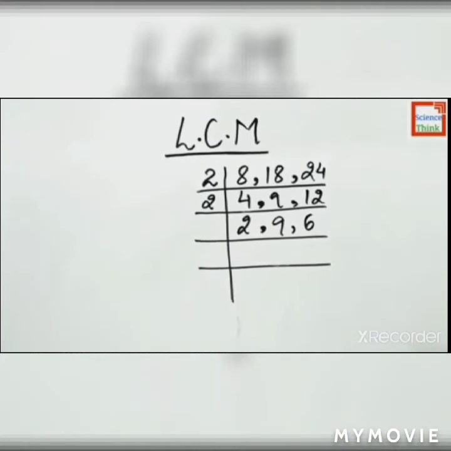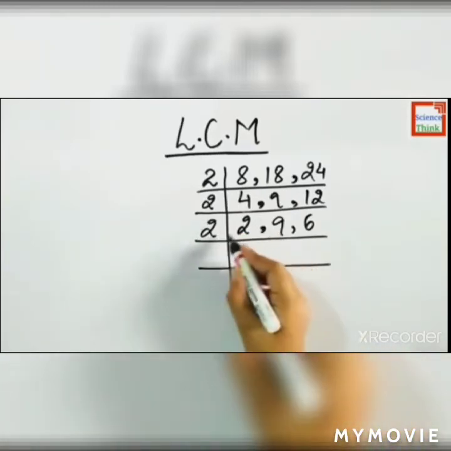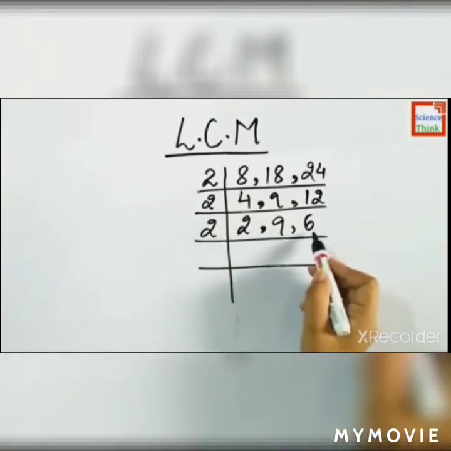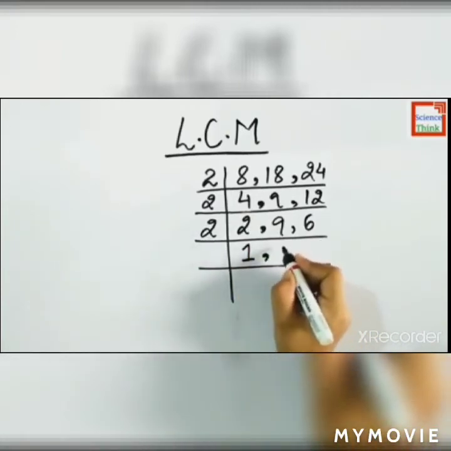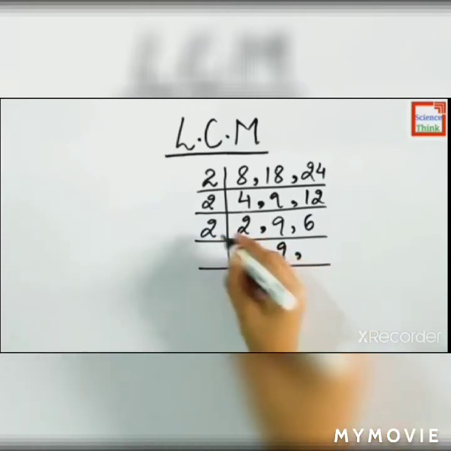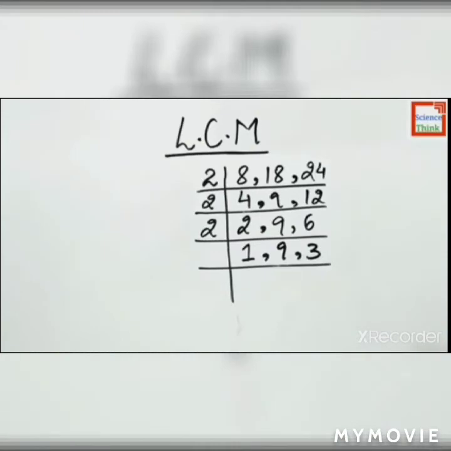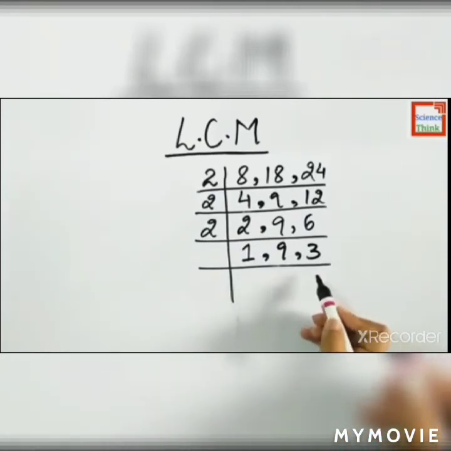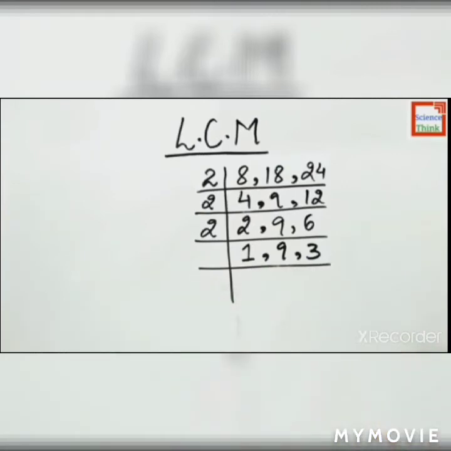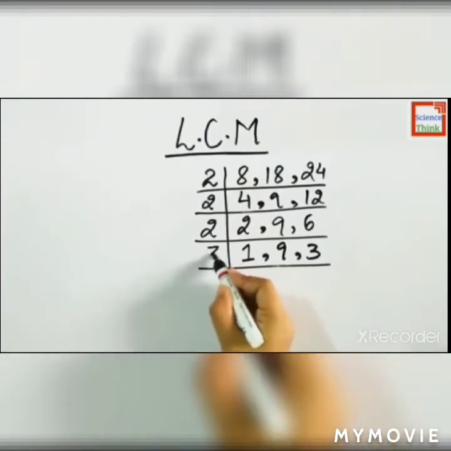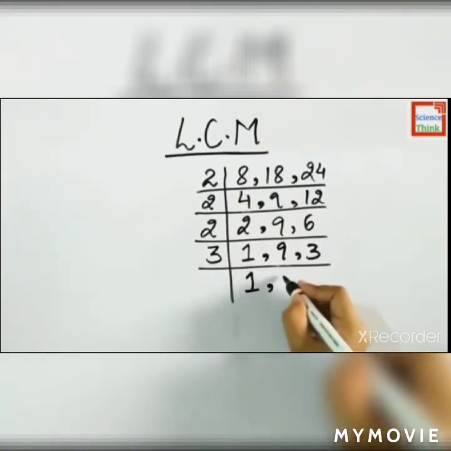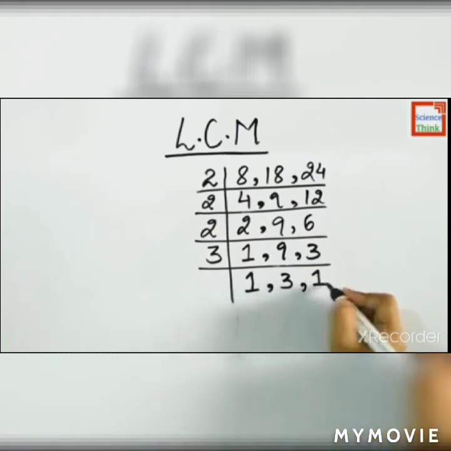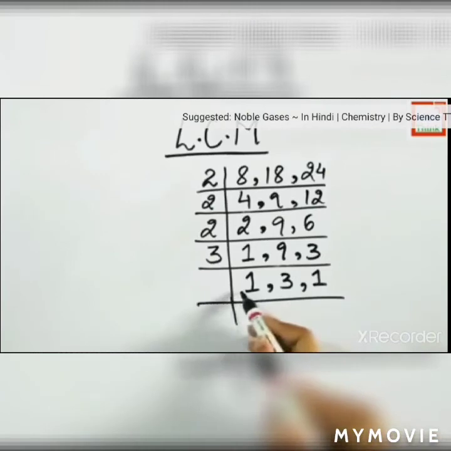Now, by which table does it go? Which prime number do we have to take? 2 again. 2, how many times comes 1? 2 and 3 will go. 2 ones are 2. 9 does not go, 9 as it is. 2 threes are 6. Now 1, 9 and 3. What have you seen? 3 and 9. What is common? We have to take 3. Now 1 as it is. 3 threes are 9 and 3 ones are 3. Now what have you seen here at last? 3.